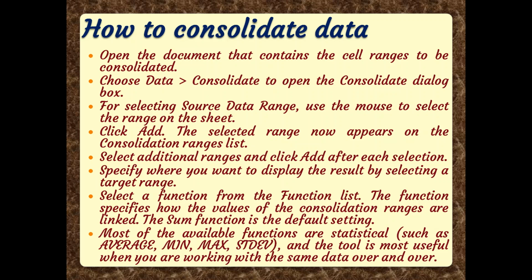Then for selecting the data we will use the mouse, and as many data ranges at different locations as we have, we will keep on adding, right? Each time you copy the data and paste it, that will be added, right? And some additional ranges are there, let us learn it